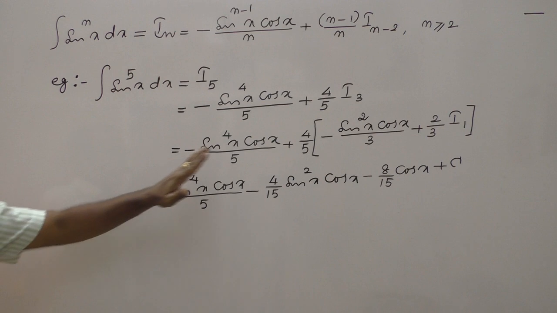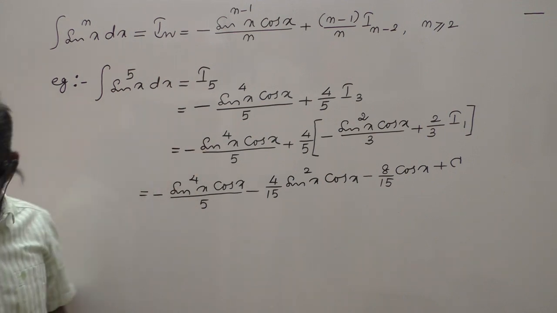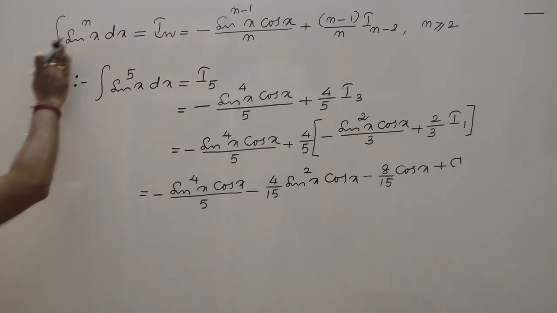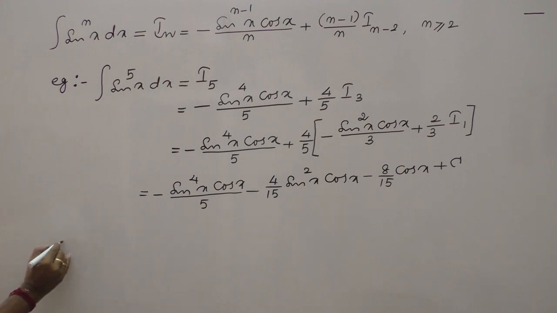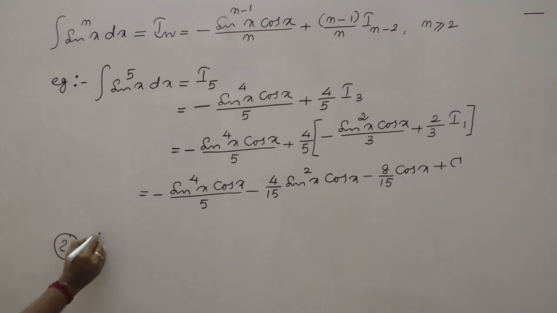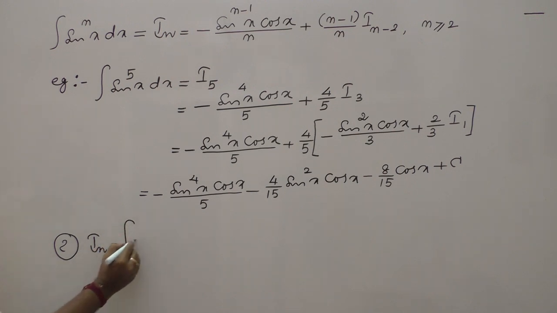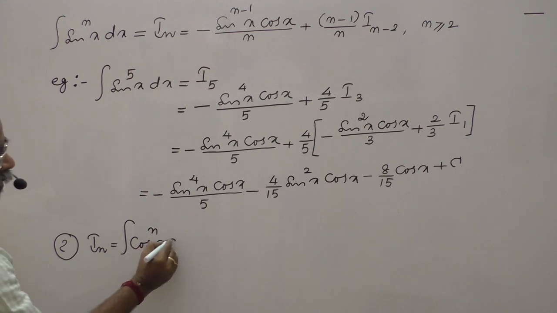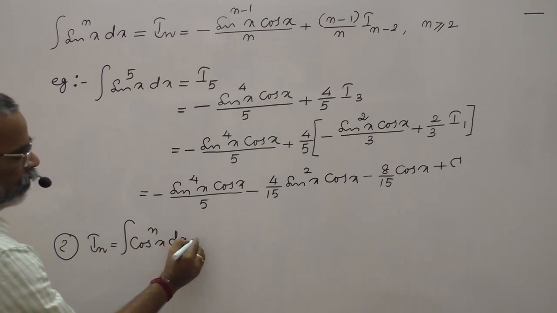Therefore this is the answer. So in this way we solve these reduction problems. So I have done sine power n. Similarly there is another one, number 2. What is that number 2? See now. If I n is equal to the integral reduction for cos power nx dx, then